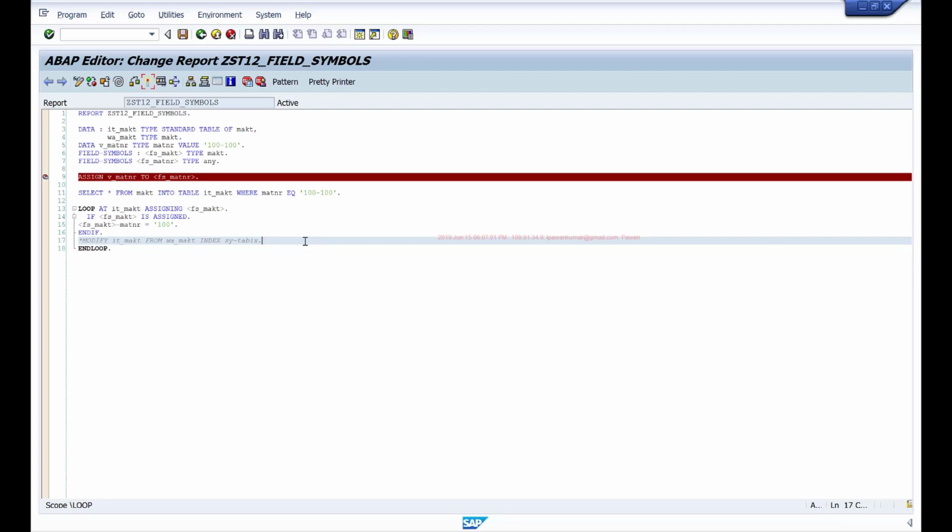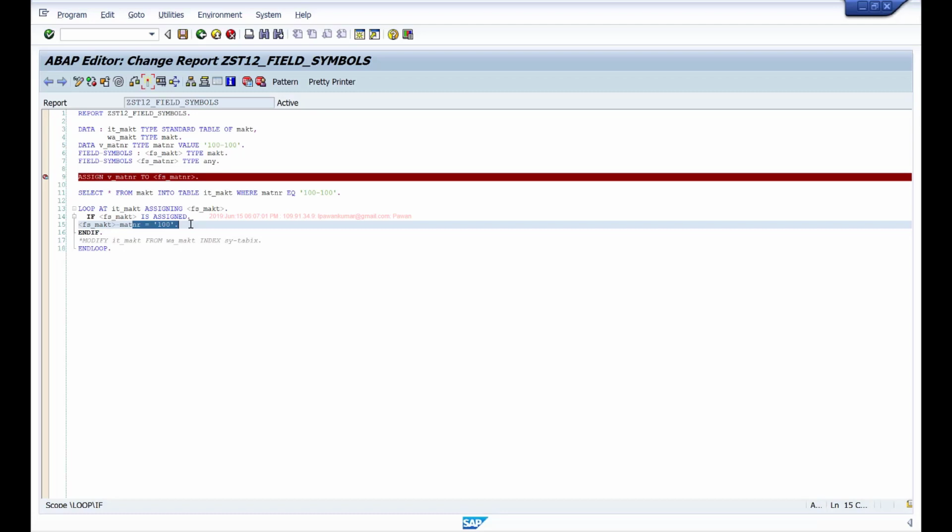So if you don't want to use a work area for an internal table, feel free to use a field symbol. But the only thing you need to remember is when you are changing the field symbol, the internal table value gets changed immediately. So you won't get an opportunity to revert your changes if some other condition is not satisfied later. If you use the work area, then you always have the option to check if all the conditions are satisfied before you execute that modify statement. But with field symbols, since it directly points to your internal table line, the moment you change it, the original is changed. So there's no way for you to revert that. Okay, but based on your situation, you can use field symbols.